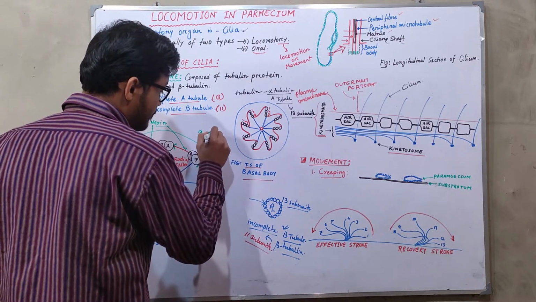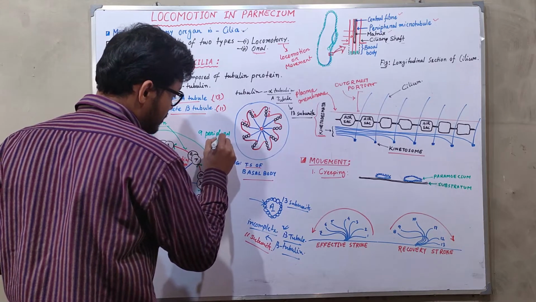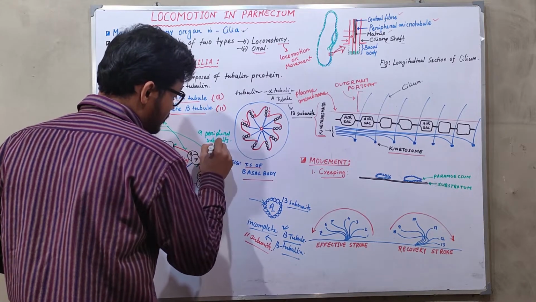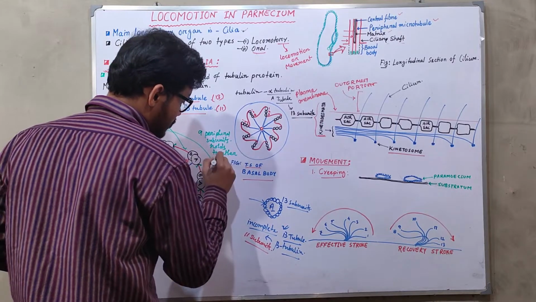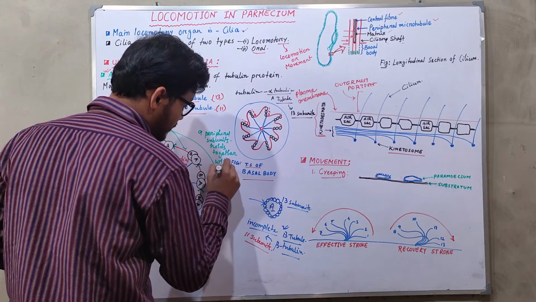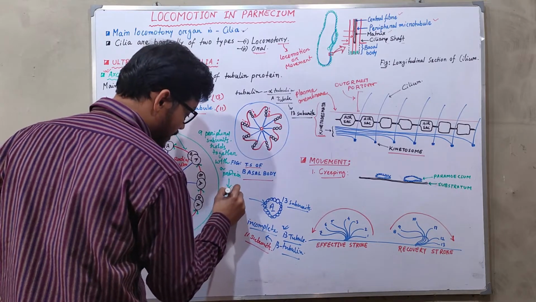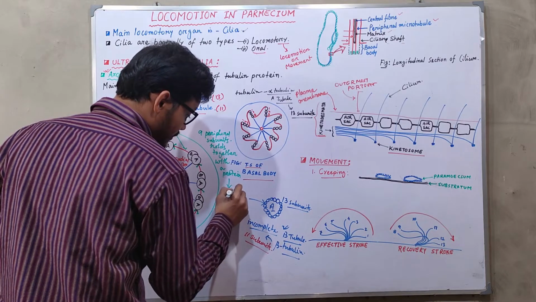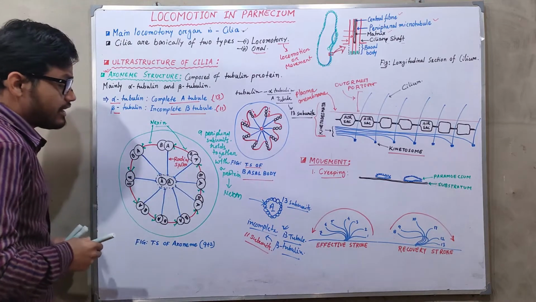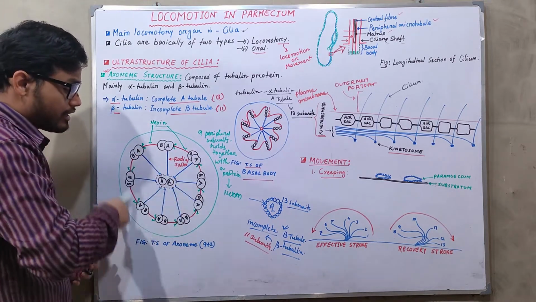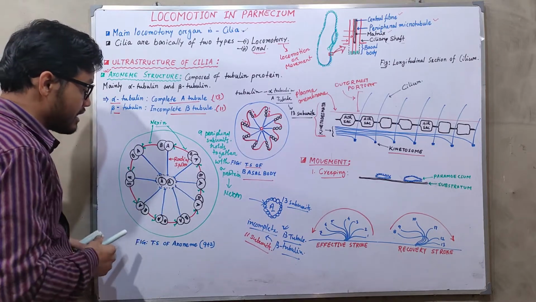So the 9 peripheral subunits are held together with a particular protein that is known as nexin. Okay, so basically nexin is attached to all the 9 peripheral microtubules, the incomplete tubules and complete tubules, and after that